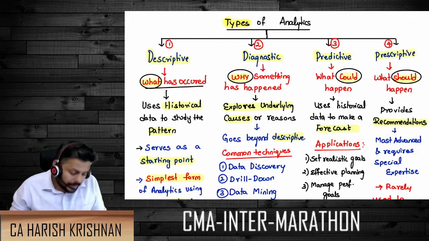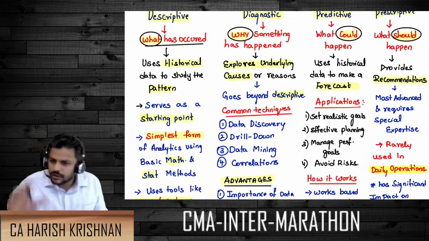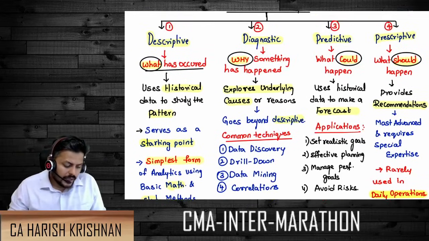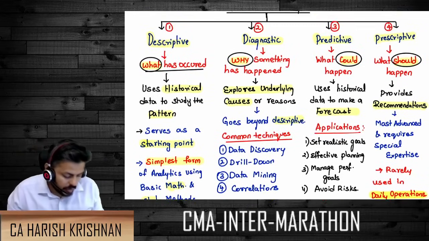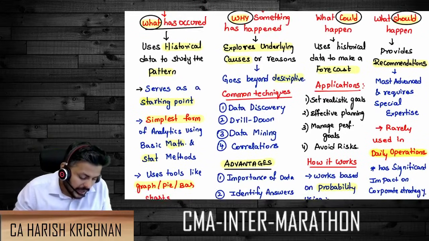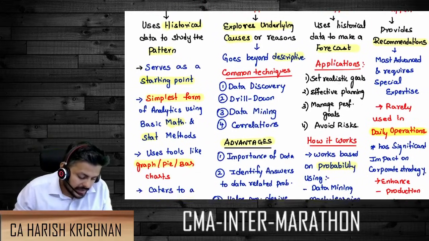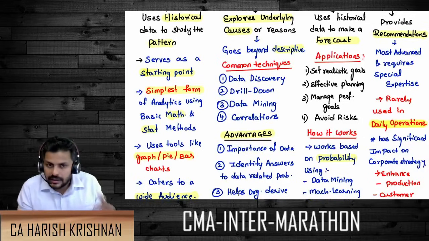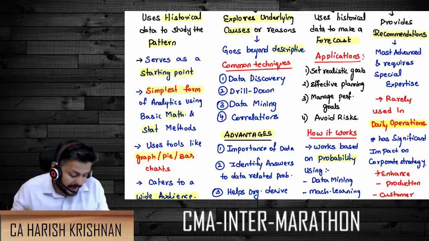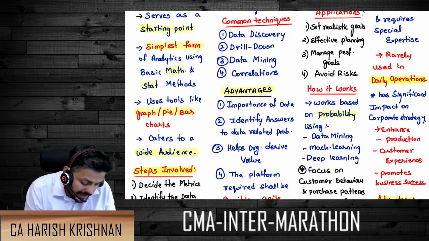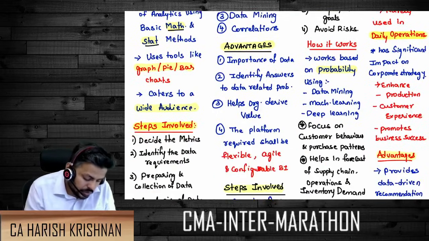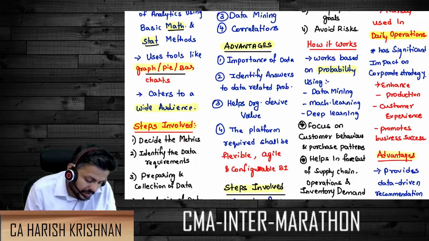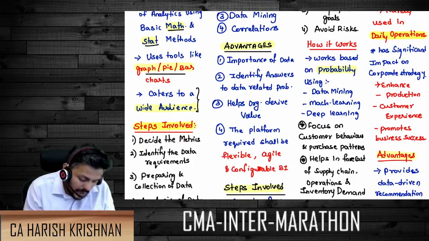So descriptive analytics, we will go one by one now. First one is descriptive analytics. It uses historical data to study the pattern, and it serves as a very good starting point, right? Because it is not telling anything great, it is just telling what happened. It is the simplest form of analysis using basic math and statistical methods. Use tools like graphs, pie charts, bar charts, which cater to a wide